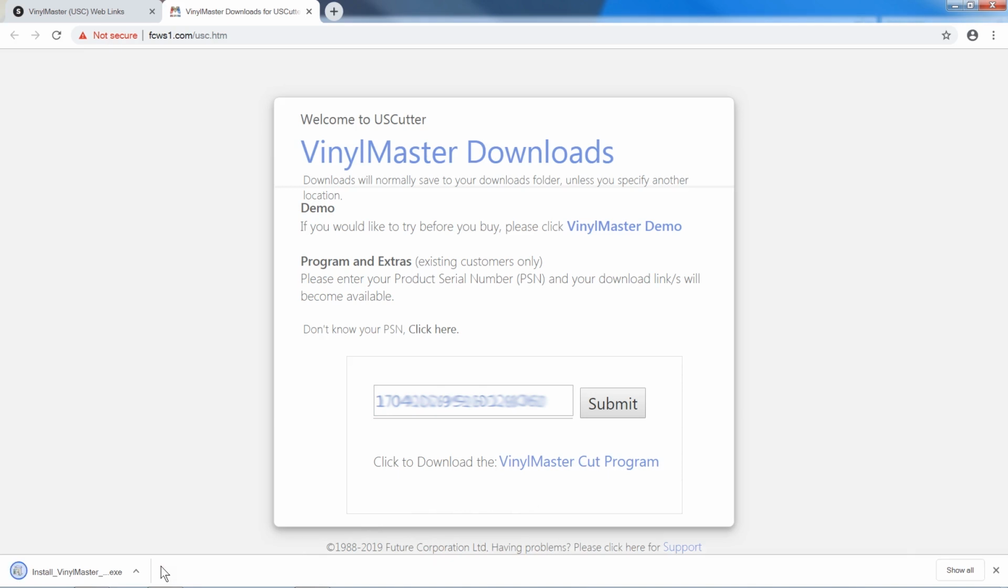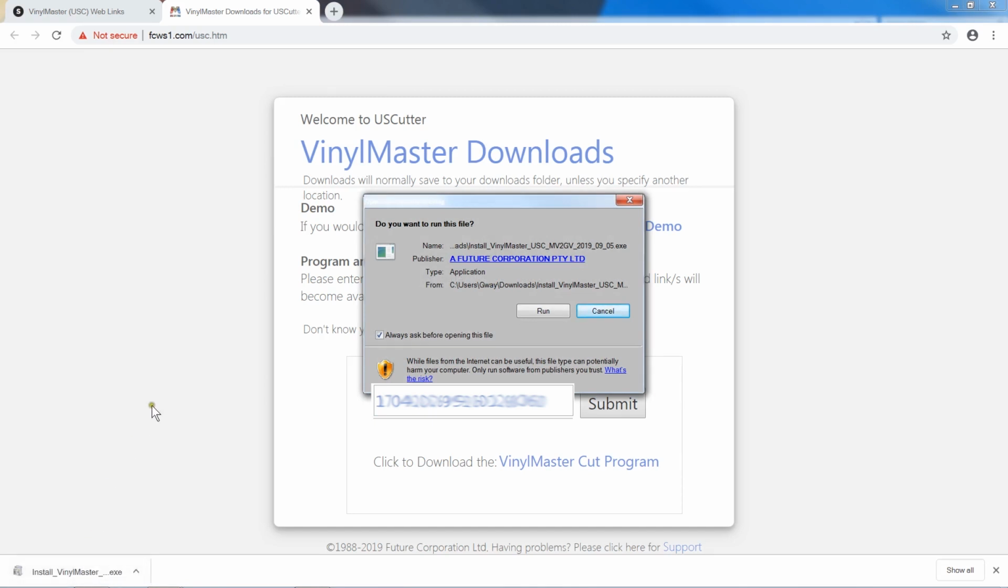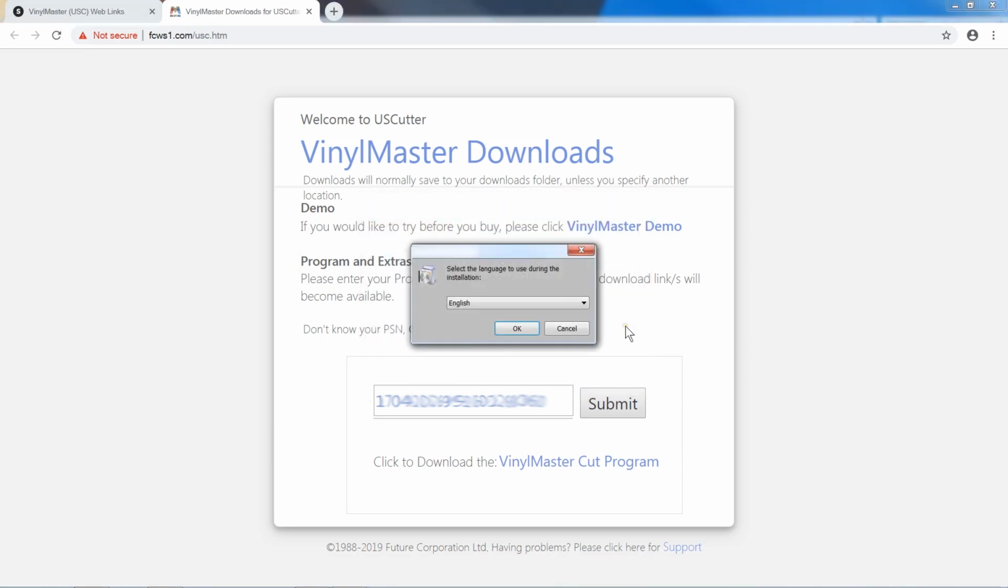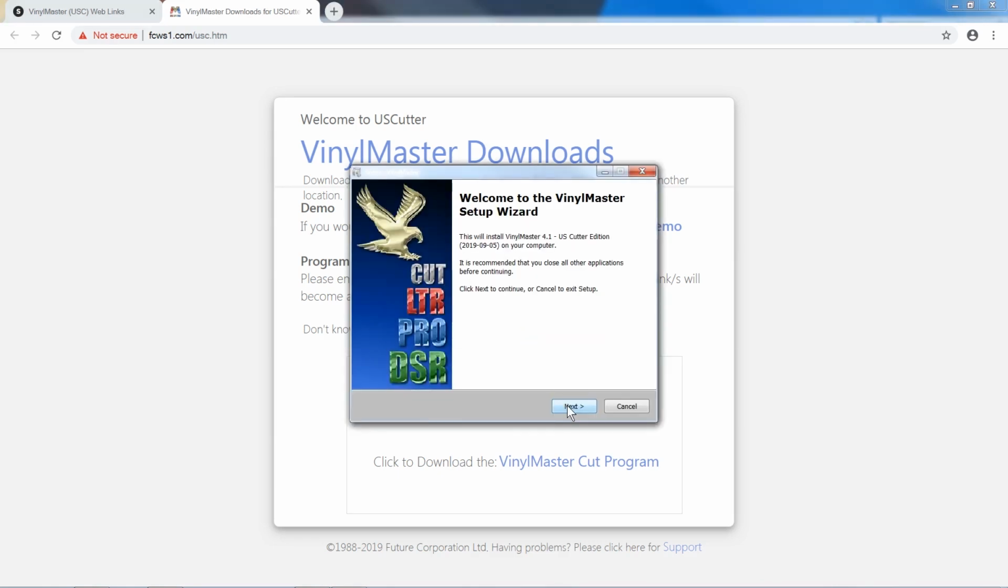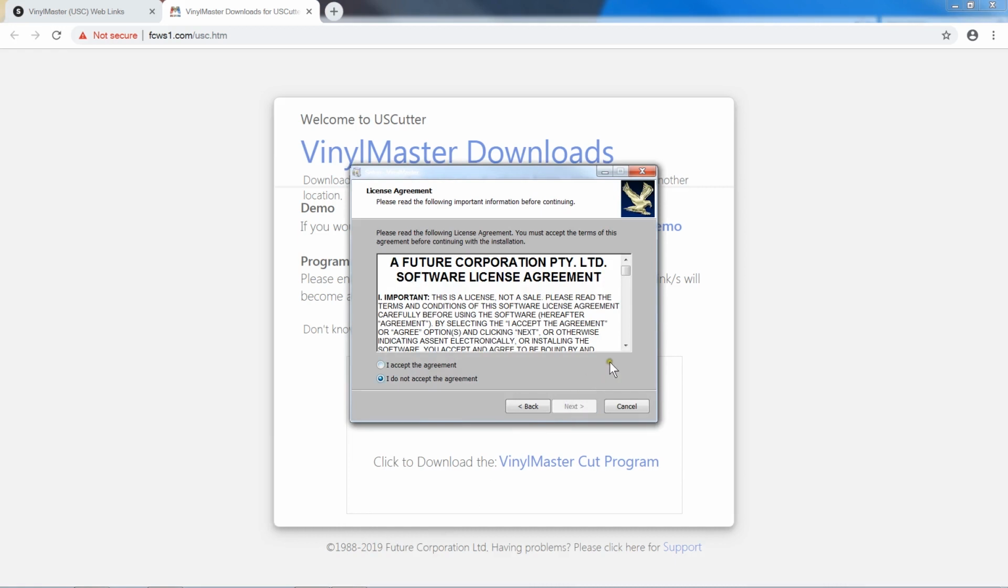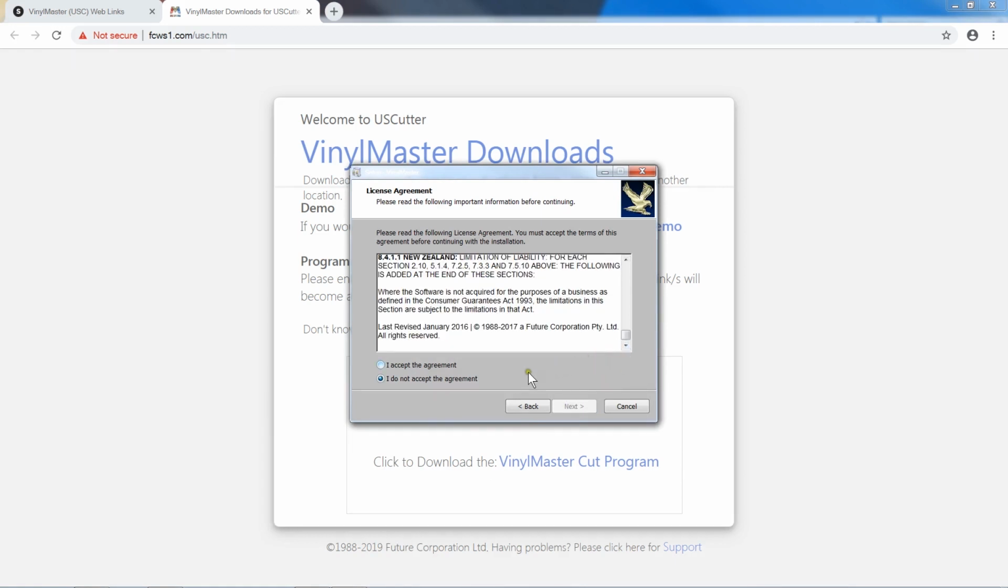Once the file has completely downloaded, you can click on it to begin the install process. The installation process is more or less the same as for any software program you install, where it will ask you for various installation preferences. It will ask you for a language preference, it will allow you to scroll down and read the entire software license agreement before accepting the terms,